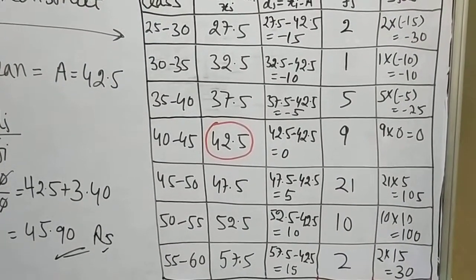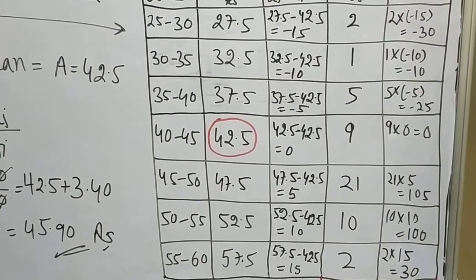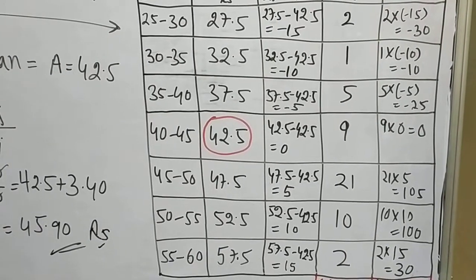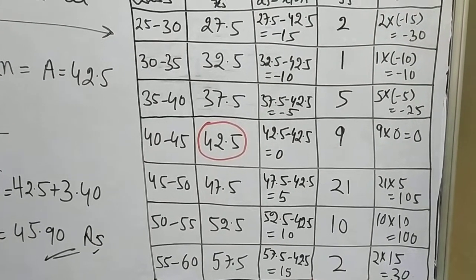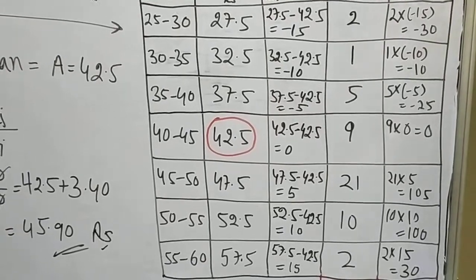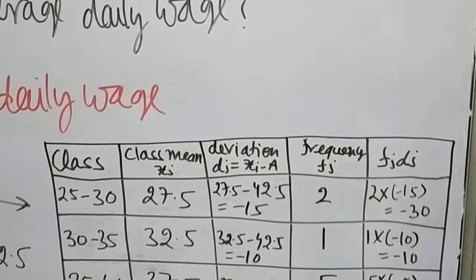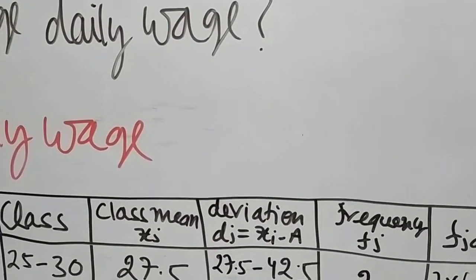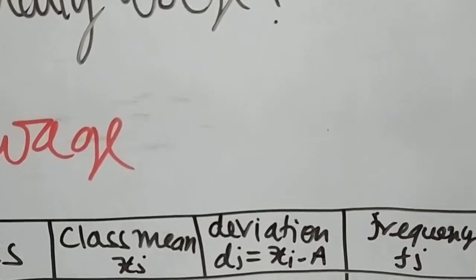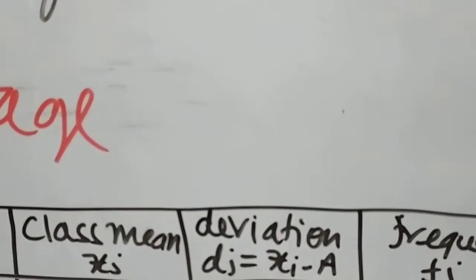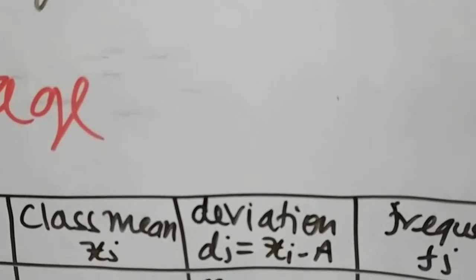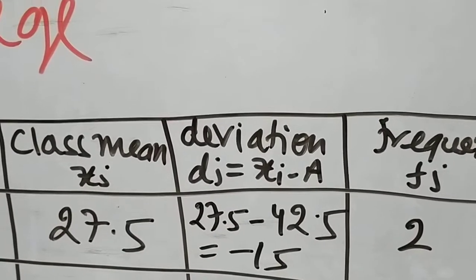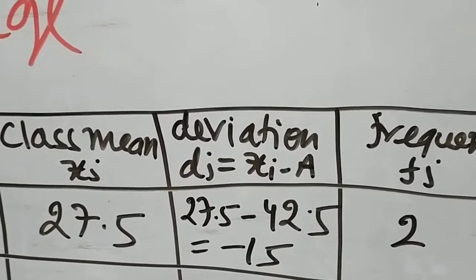Generally, the middle term is taken as the assumed mean. So it is simple. Deviation. Now the second term you have to calculate: di equal to xi minus A. So just note down,